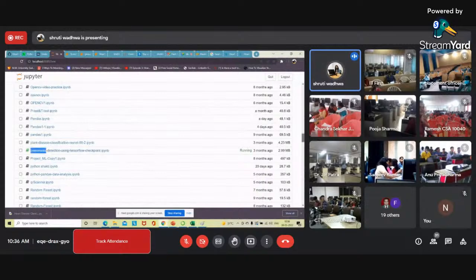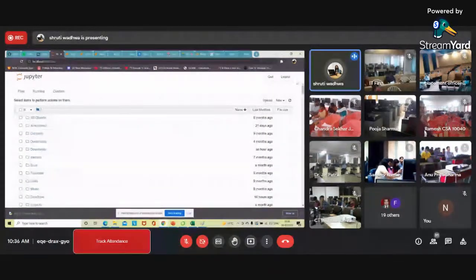Okay, so this screen will open, and there is one more thing which you need to do, because the data set which you require, you also have to upload in the same folder, that is in the home folder of the Jupyter notebook. Or the other thing you can do, because we have to give the path, we have to